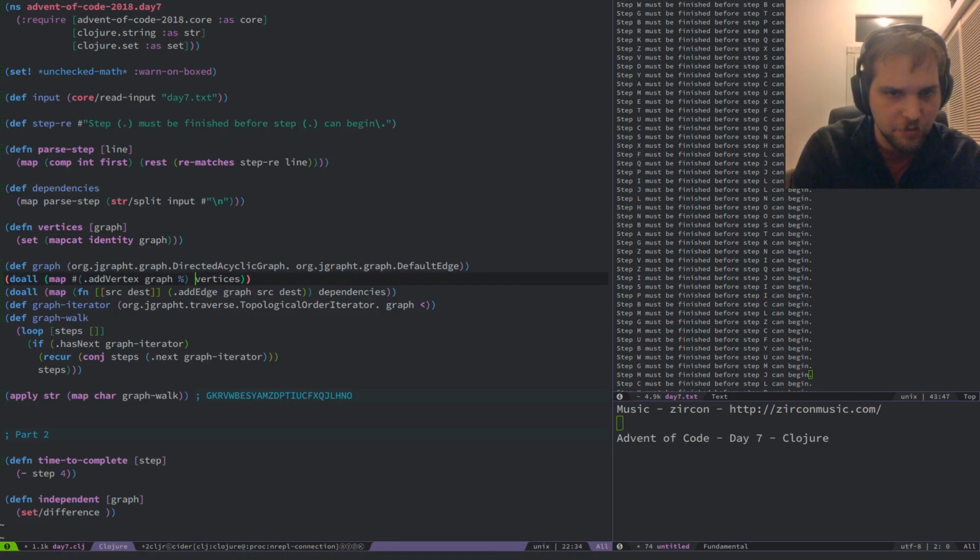And then this becomes not that, but the vertices of our dependencies.